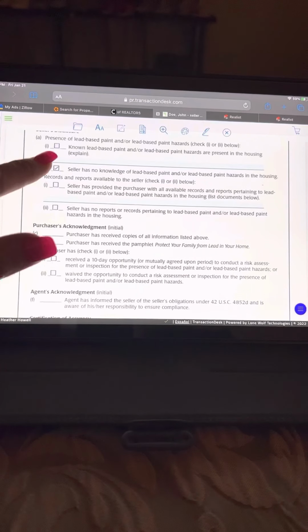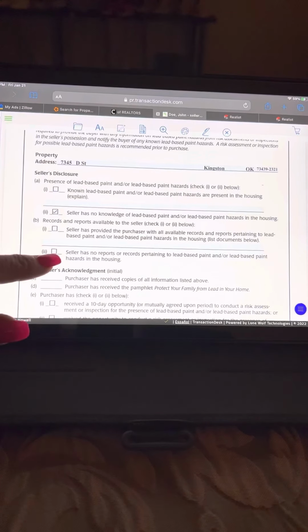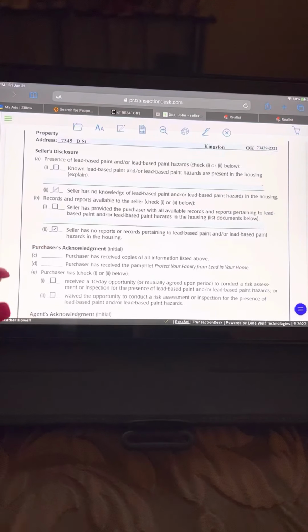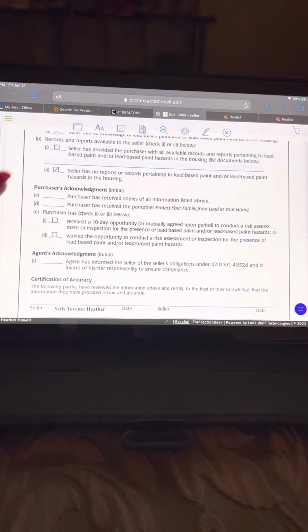Also, seller has no knowledge and seller has no reports. Those two every time. Then when you send this to your buyer, just to kind of jump ahead, you're going to put